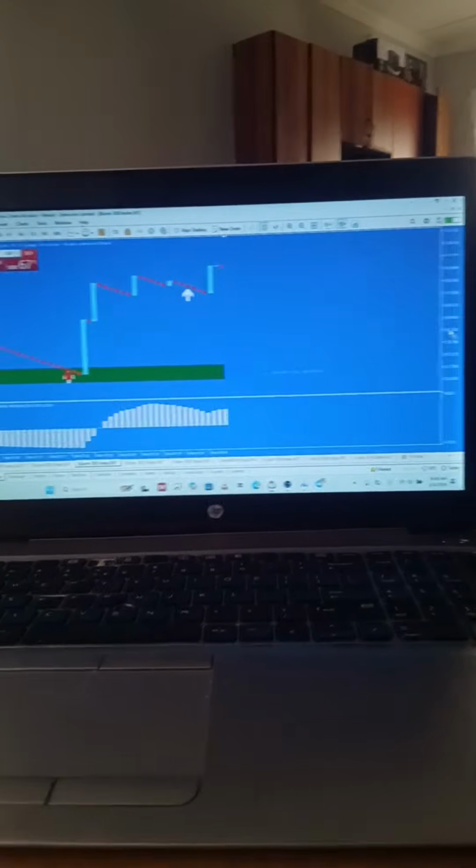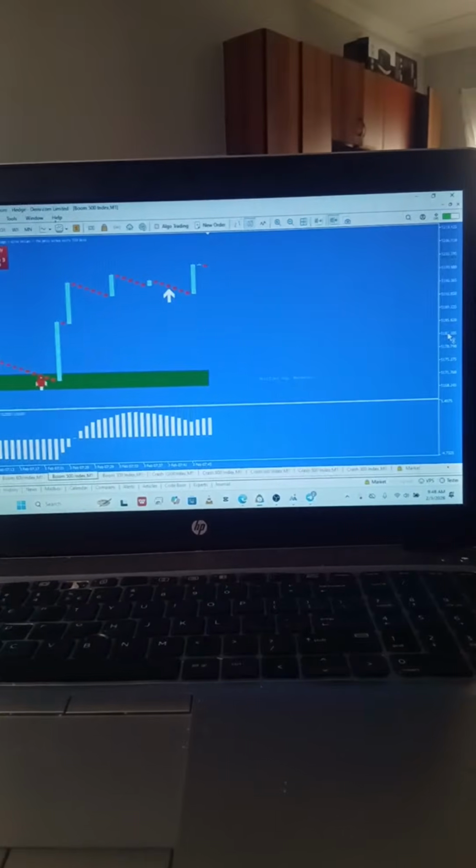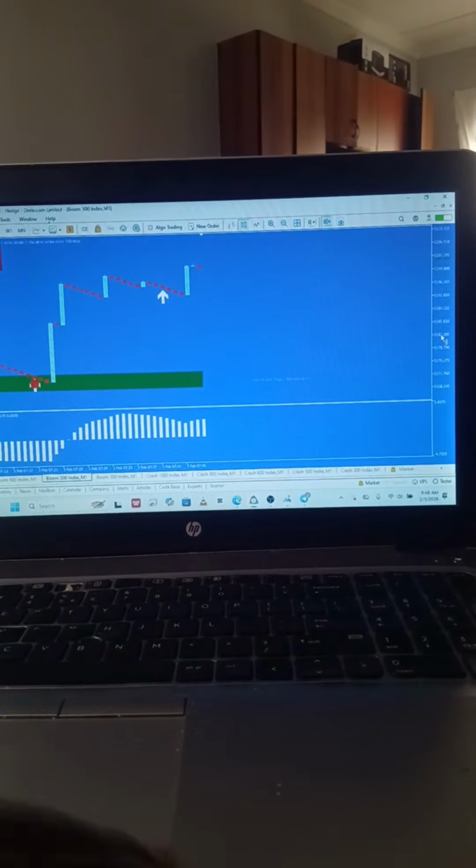So basically, that's what we're going to be doing. We'll be showing you guys how our new indicator works. For today, we'll be focusing on spikes with an AI spike detector. That's what we're going to be using. As you can see on this spike detector,